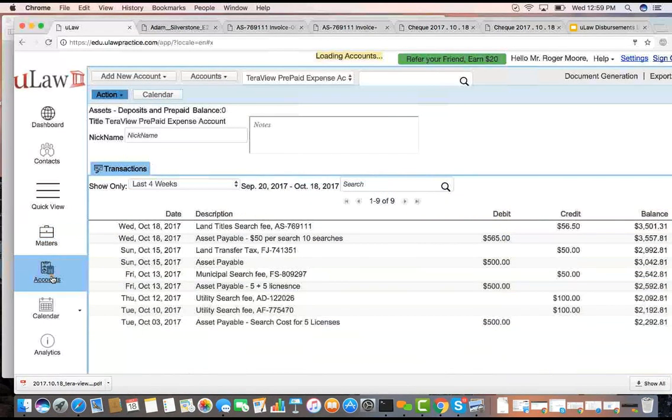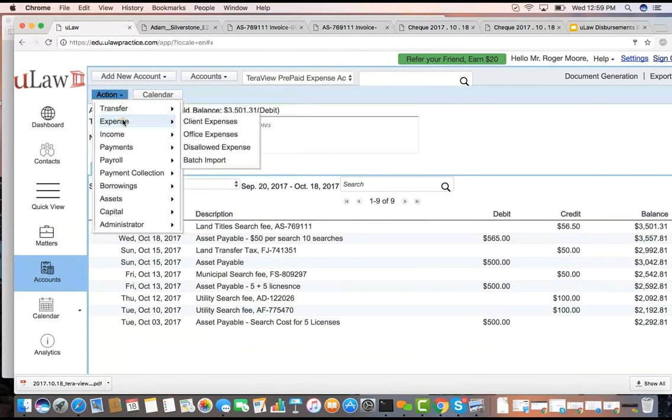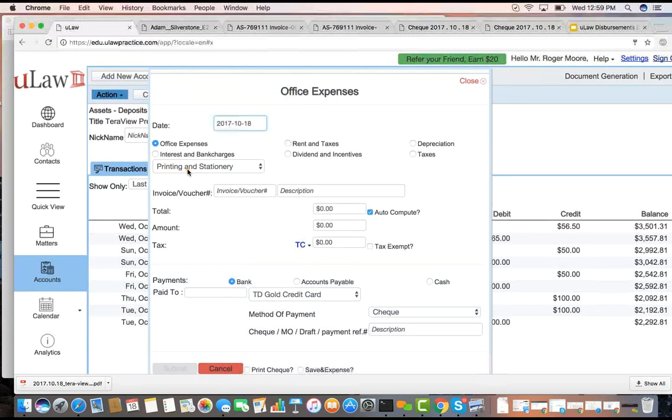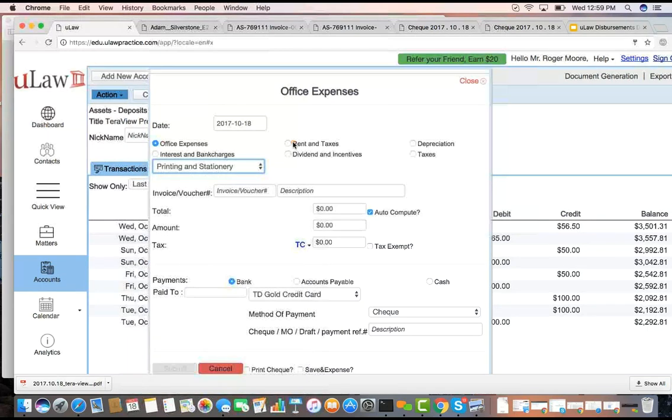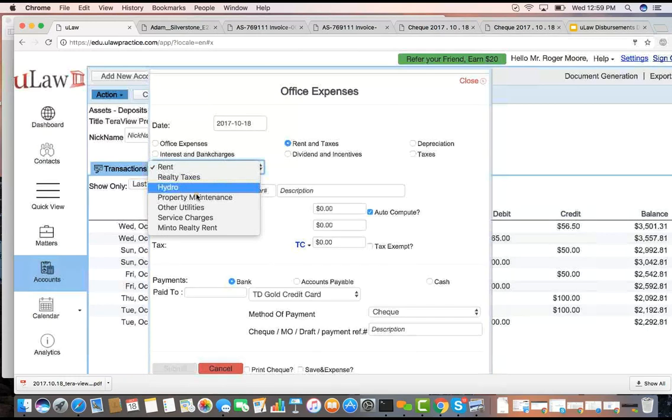And in accounts, there are 2 kinds of office expenses. The first expense is what we call a pure office expense. You can just say, hey, expense, office expense, and there are several categories here, right? And you can create your own categories. We have printing and stationery, photocopiers, postages, gas expense. You have it. We have it here. Rent and taxes is another category where you have realty taxes, hydro, property maintenance, service charges,